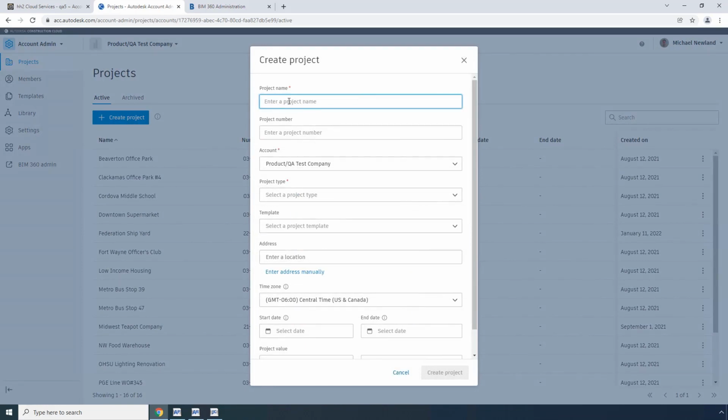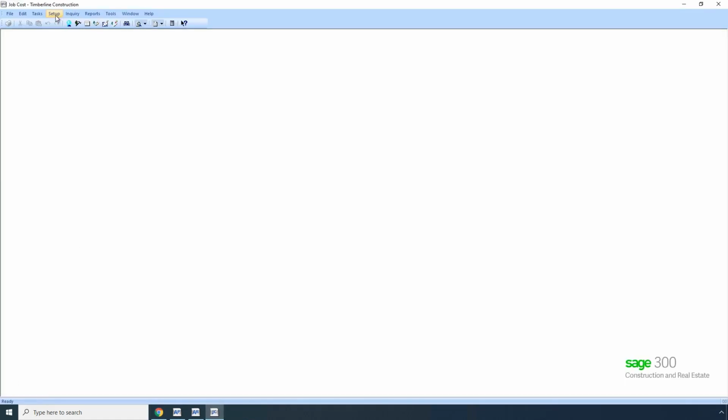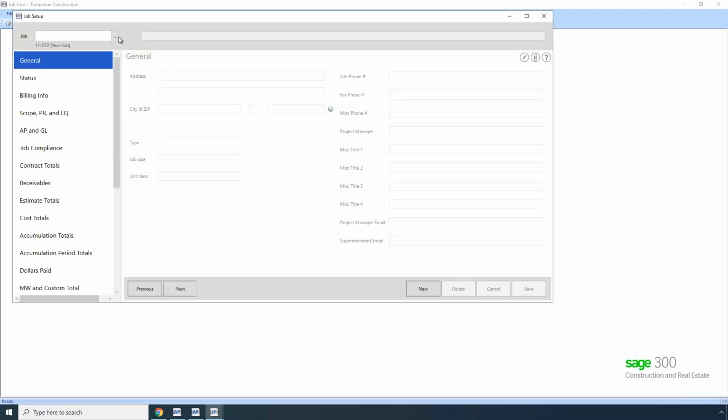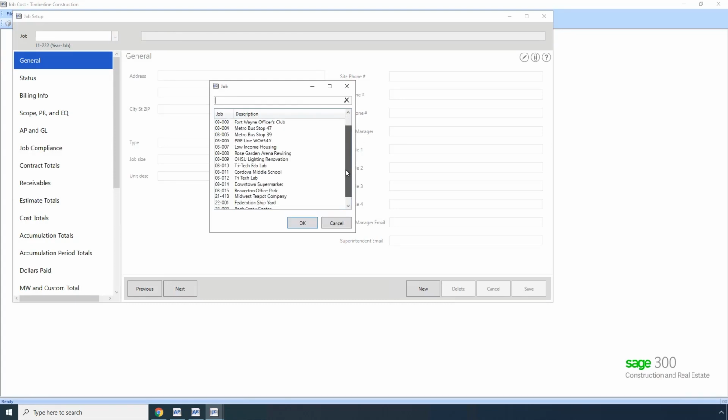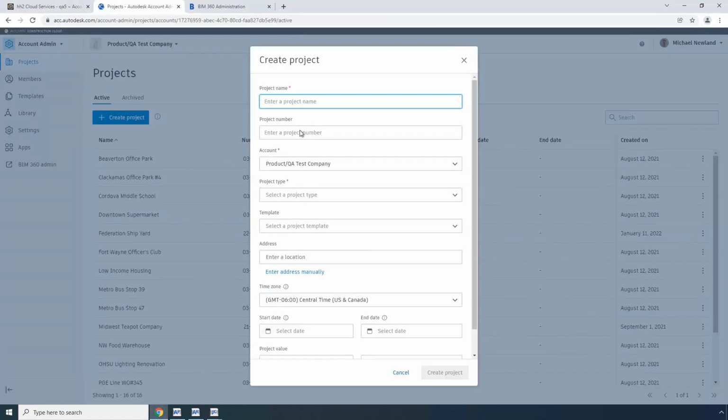I will enter the project name. And one thing I'm going to do here is go back into Job Cost. We'll close out of this inquiry. We'll bring up the Job Setup window. Locate the job in the list. And the reason I came here is I just simply wanted to copy and paste the job name so that it appears in Autodesk exactly the same way that it shows up in Sage, and that is a requirement at this point,